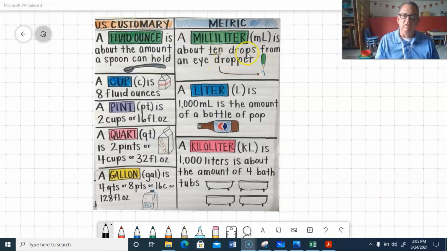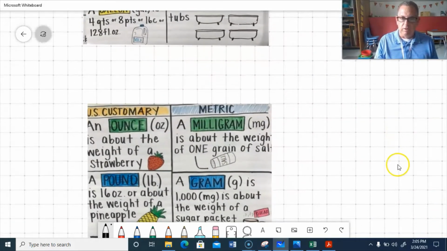It says 10 drops from an eyedropper. Liter, we talked about that already. That'd be a larger soda bottle, or probably more common, the larger water bottles or liter bottles. The smaller ones are half of a liter, they're 500 milliliters, but the larger water bottles are typically a liter. And a kiloliter, they say, is about 4 bathtubs full of water. We'll go ahead and look at